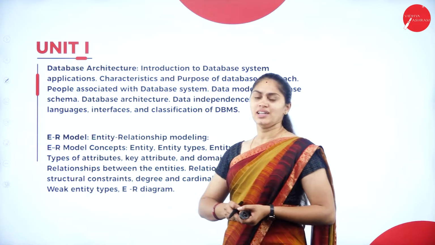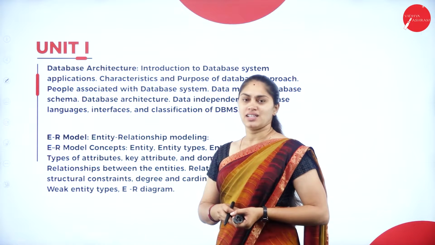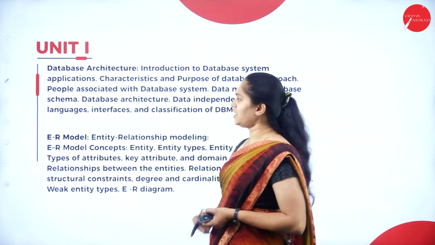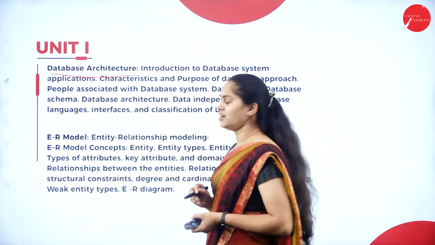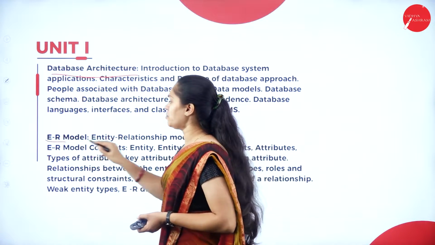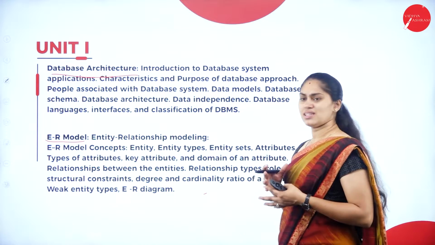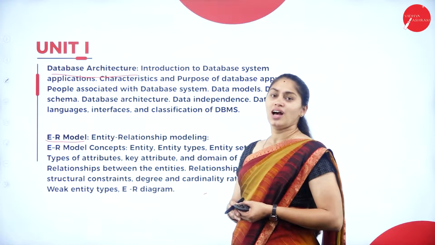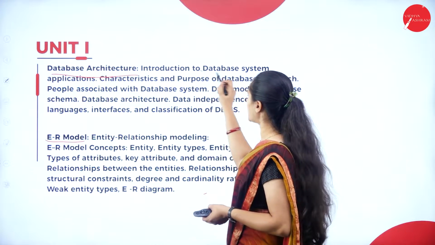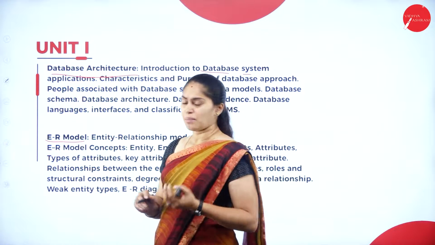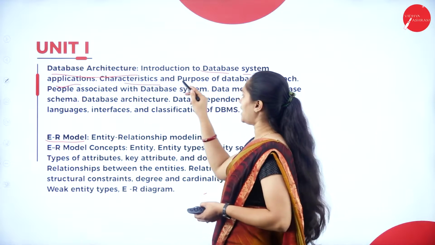So as you all know, totally it consists of 3 units and each unit consists of 2 chapters. Fine. So here you can see that in unit 1 we have database architecture as chapter 1 and ER model as chapter 2. So in the first chapter, database architecture, you are going to understand the fundamental concepts regarding this database, introduction to database system and its application, where all can we use this database and what is its characteristics